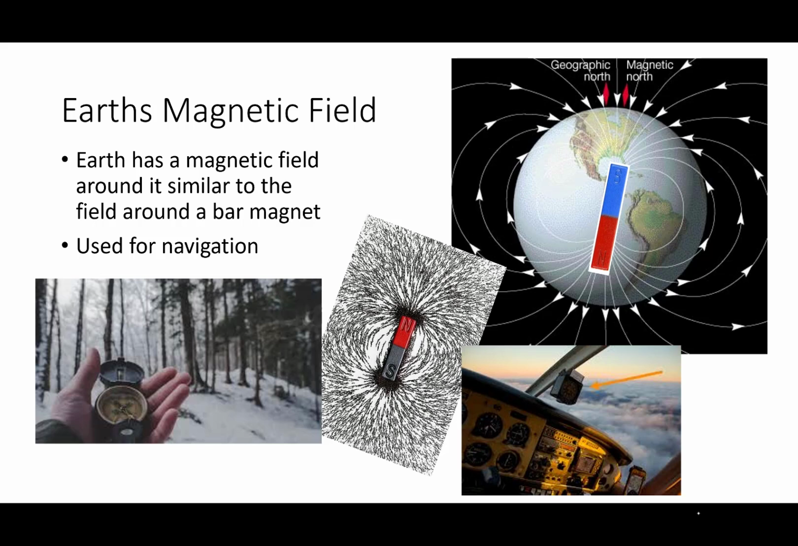Hi, folks. This time, as we talk about magnetism, we're going to talk most specifically about Earth's magnetic field. Now, the magnetic field around the Earth is very similar in shape to the magnetic field around a bar magnet. Typically, when we make a magnetic field around a bar magnet in a lab, it's going to look like this